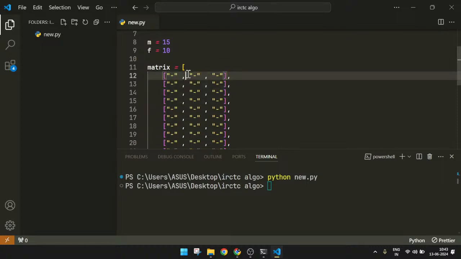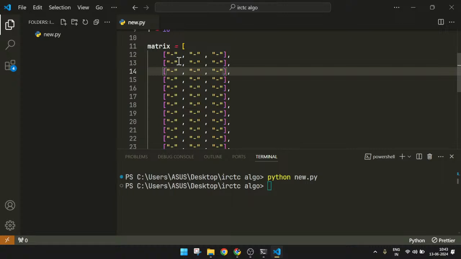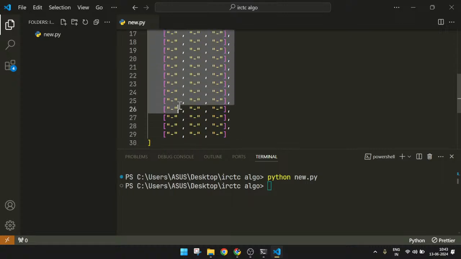So first males can fill here. Males fill the middle seats, and then they fill